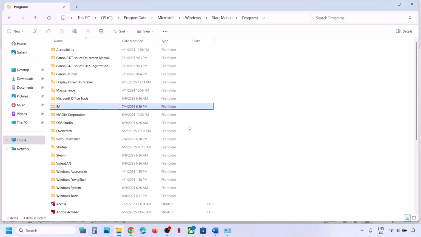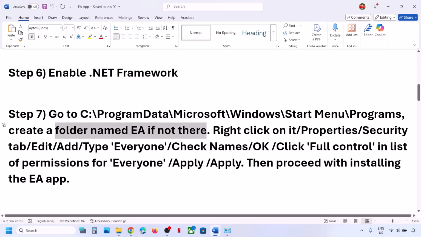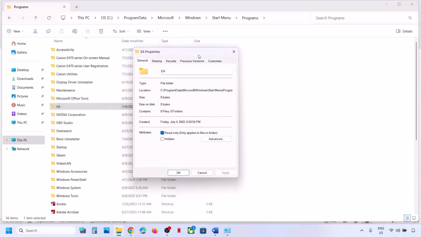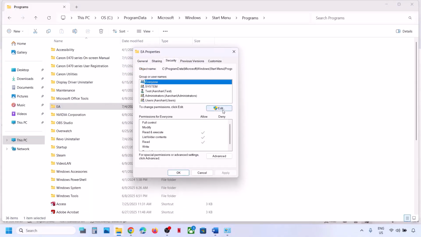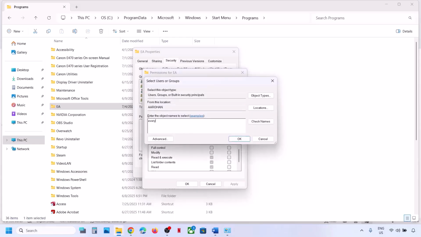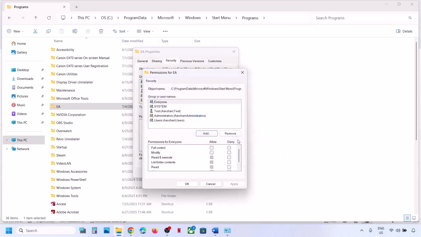Now once you name this folder EA, after that you right click on the EA folder and then go to Properties, go to the Security tab, and then click on Edit over here, and then click on Add, type in Everyone over here, and then click on Check Names, and then click on OK. Now once you type in Everyone,